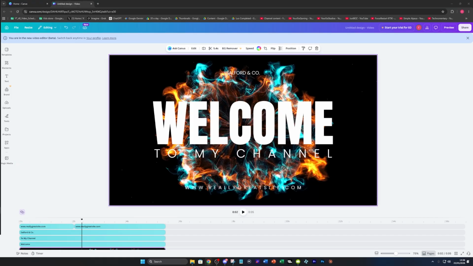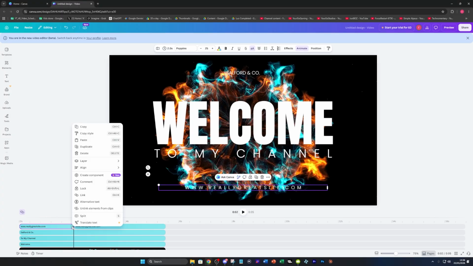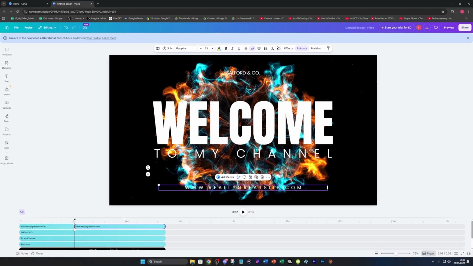Now, what you're going to do is bridge the two clips together using Canva's motion matching logic. Hover your cursor directly between your first and second clips on the timeline, and then eventually you should see a little plus icon appear. And then once you go ahead and do that, all you got to do is click it